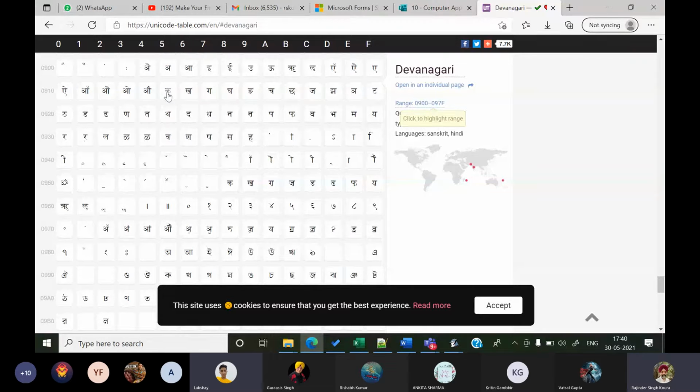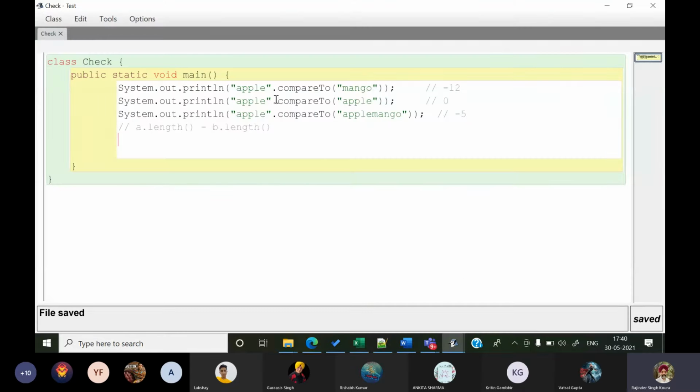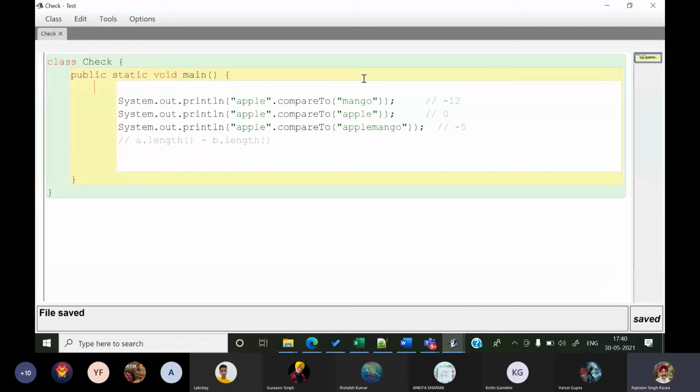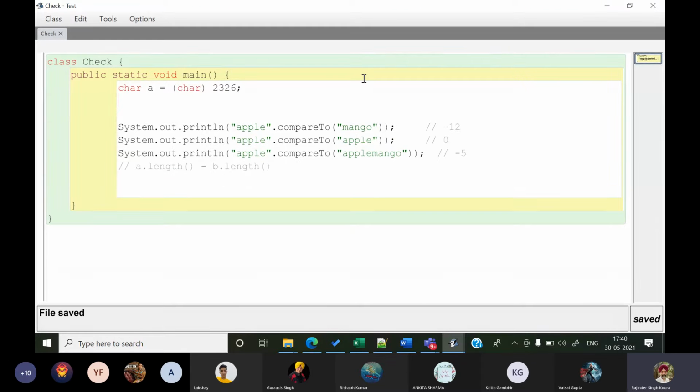The numbers are stored in the form of numbers also. Yes. For example, if we have k, and k's decimal number is 2326, let us just try and display it. char a is equal to 2326. In fact, we'll have to typecast this as a char because it will not store an int value.